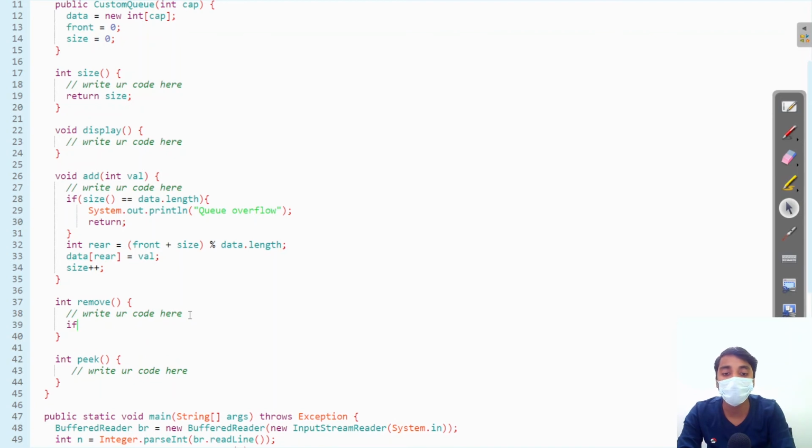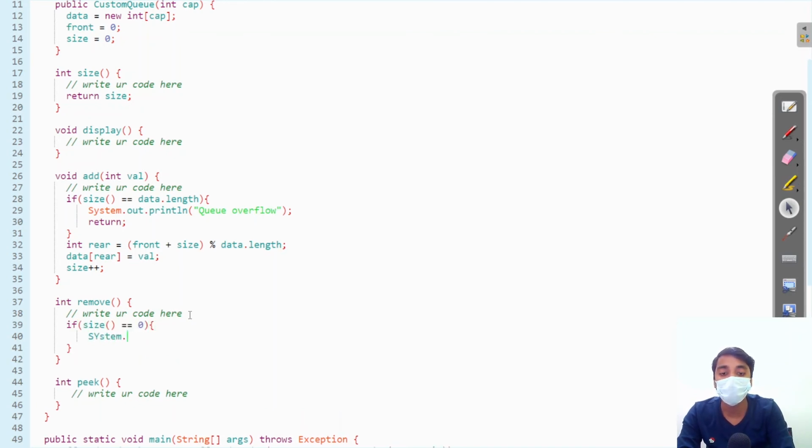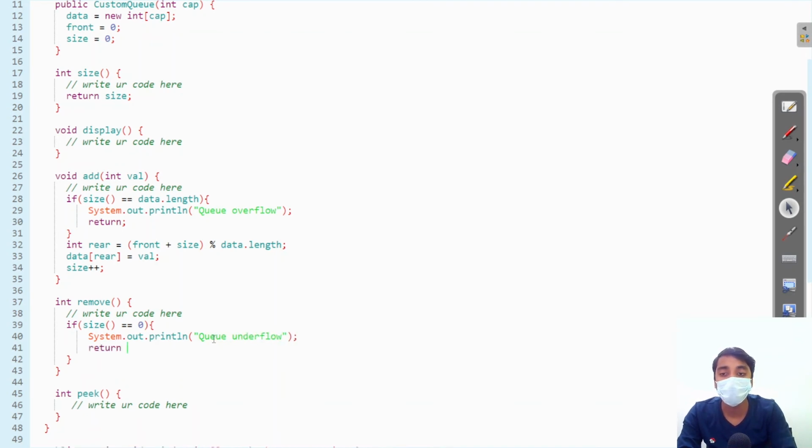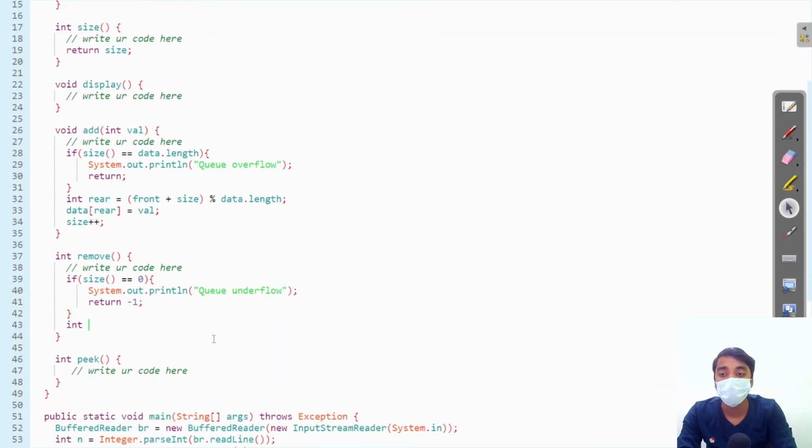Now for removing, if the size is equal to 0, this means there is no element in our queue. So we will print queue underflow and return -1. Else we will remove the data from the front.